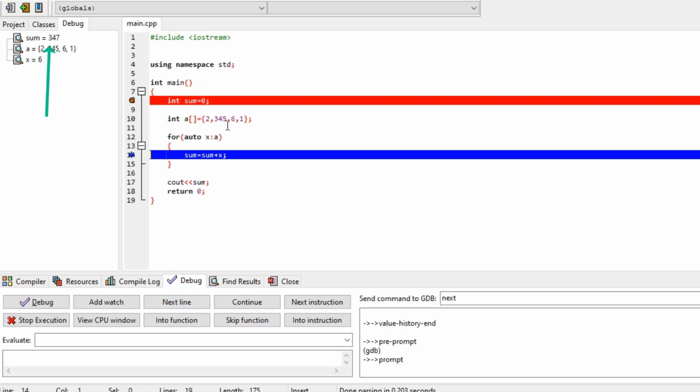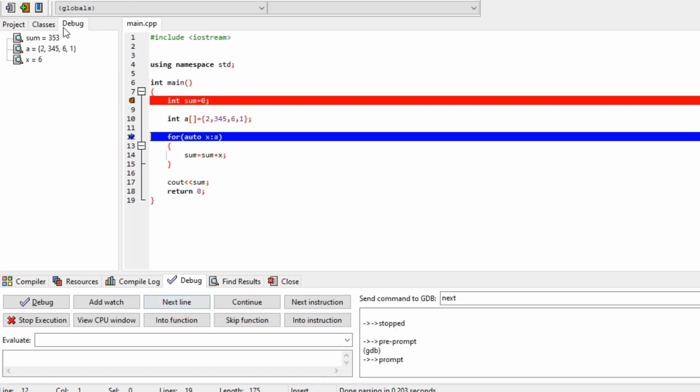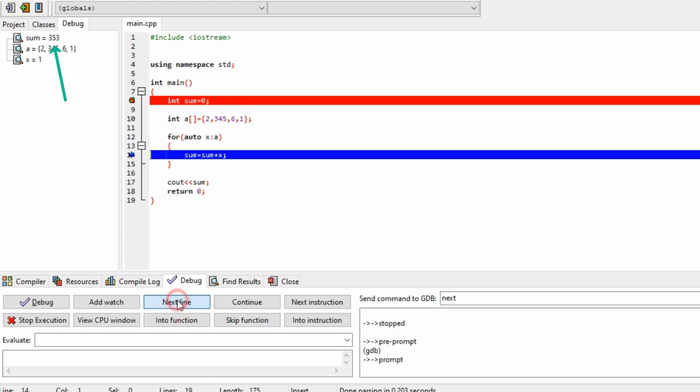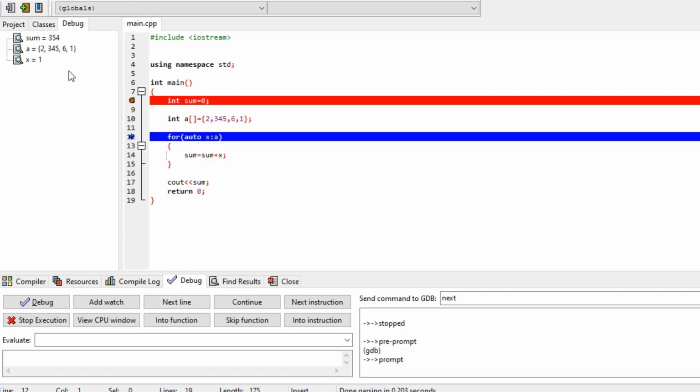Here the value 6 is there, and it will be added. The x value is 6, and 47 plus 6 is 53. Click on next, and again the x value is 1. Click on next line, and it will be incremented to 54. Finally the values end with 1, and the sum value is 54. Click on next line. If the values are ended, the for loop will exit.